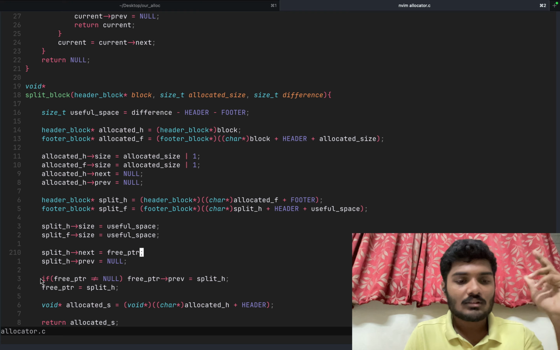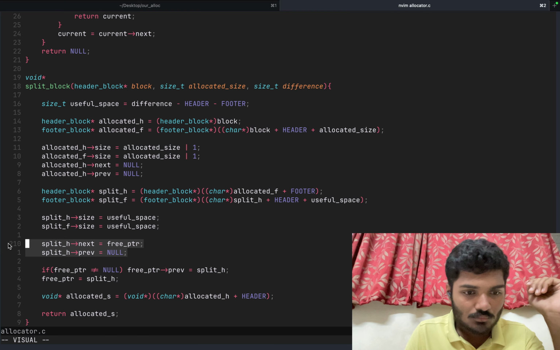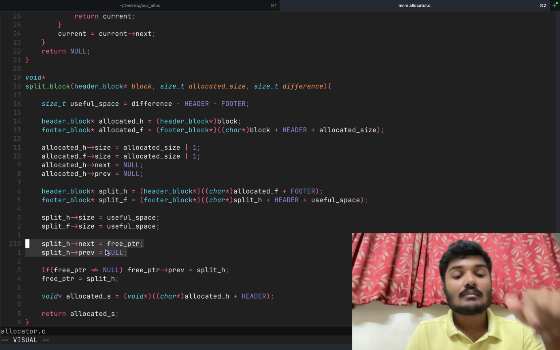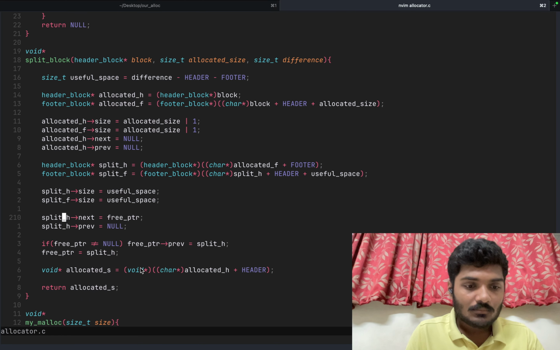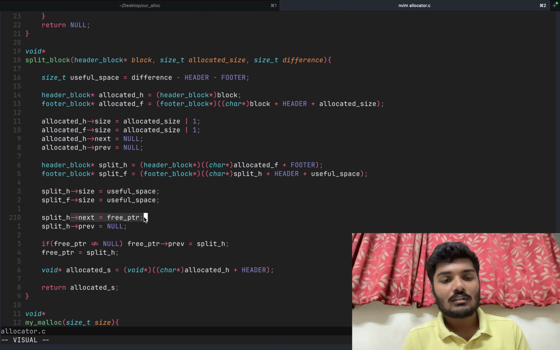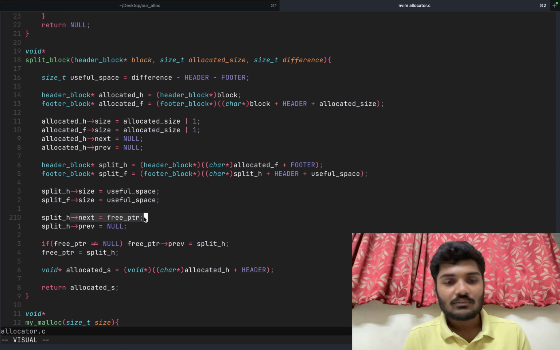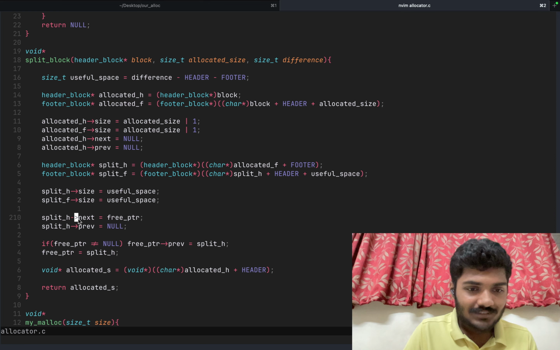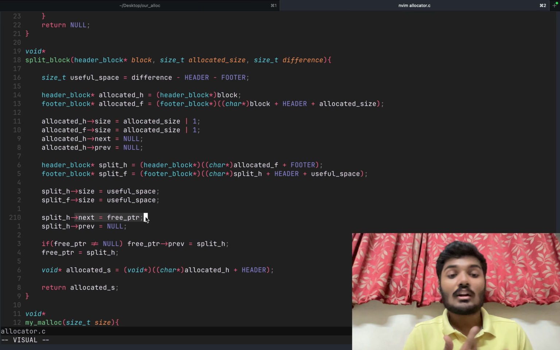Yep. I think this function is cool. So next are the previous value. Yeah. By the way, look at this. So this is the next value. So since it's a split block, since the block has been split, we will be adding it to the free list. So now its next pointer will point to the start of the free list,